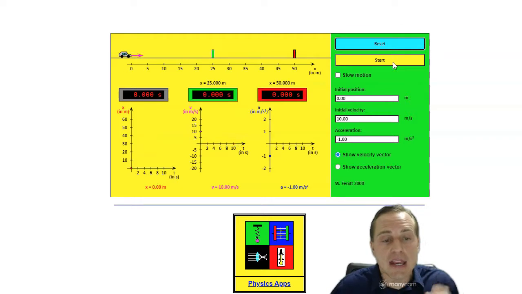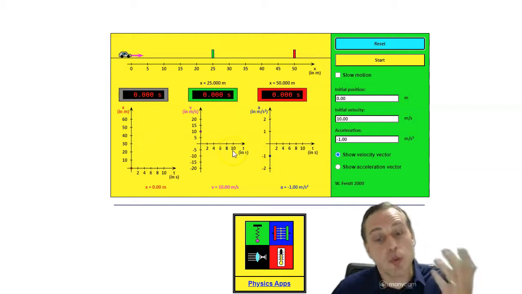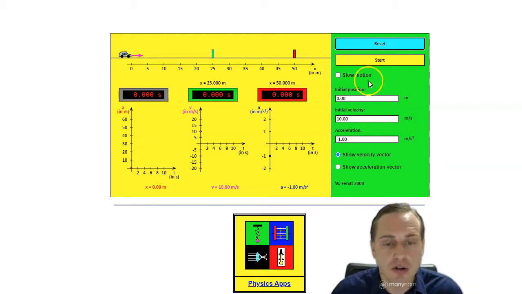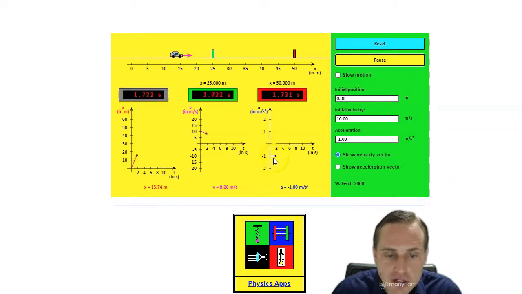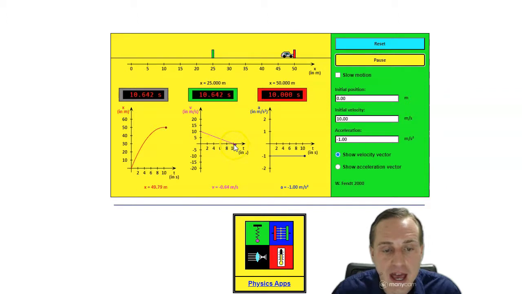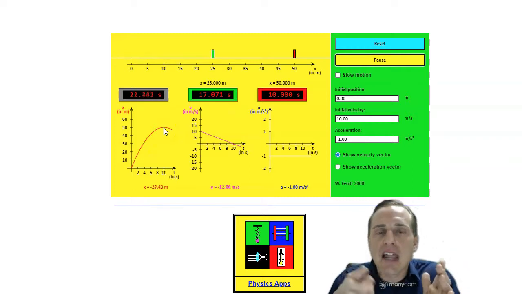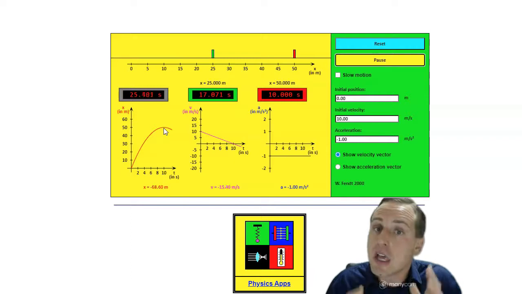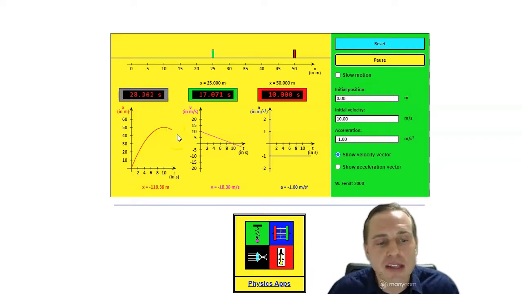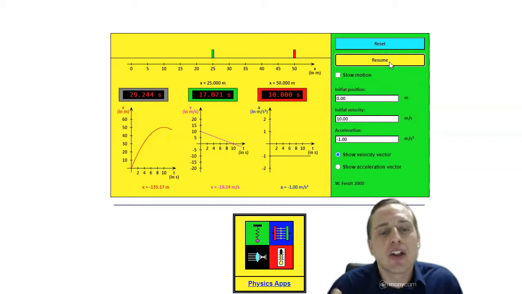Let's reset this, and again, if you watch the car the first time round like I did, watch the graphs. Again, if you watch the graphs the first time, now watch the car. So let's do start. Look, the acceleration versus time is indeed constant at -1 meter per second squared. Look at the velocity. It's sloping down. It's about to cross the time axis. Look at that, right at 10 seconds, just like we see here. And at 10 seconds, the car reaches its maximum position. Look at this. At 10 seconds, we get to the vertex of the parabola, and that is when the car has reached its maximum position, its velocity is 0, it's a downward-facing parabola, and indeed, the car starts to accelerate